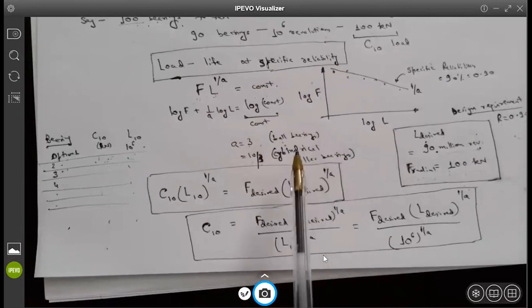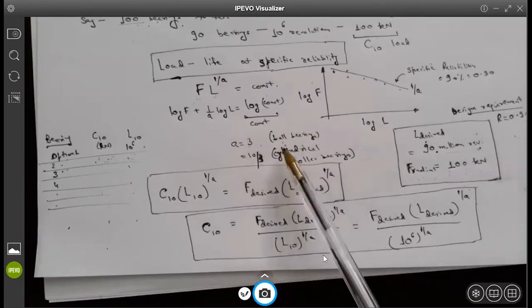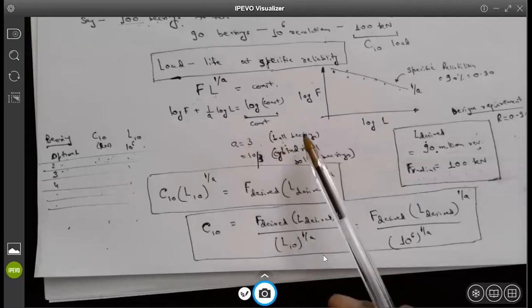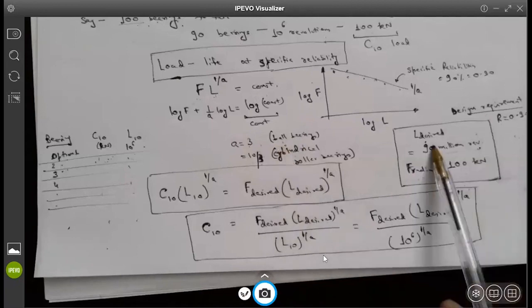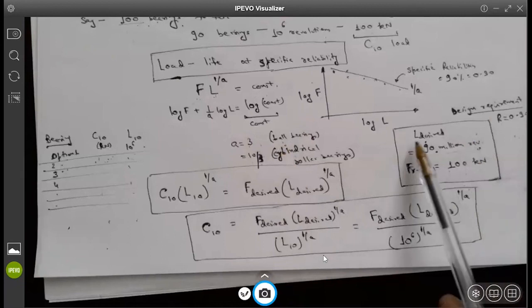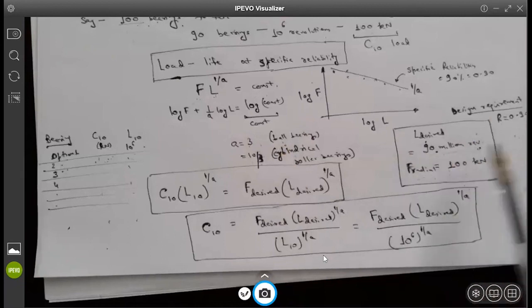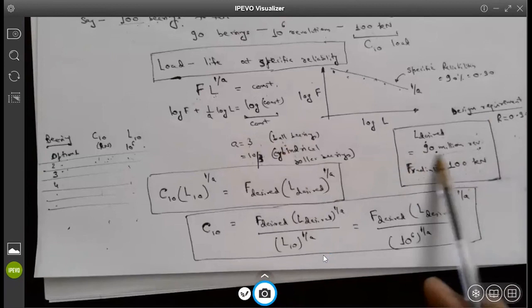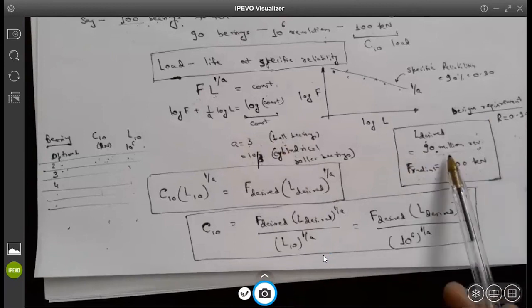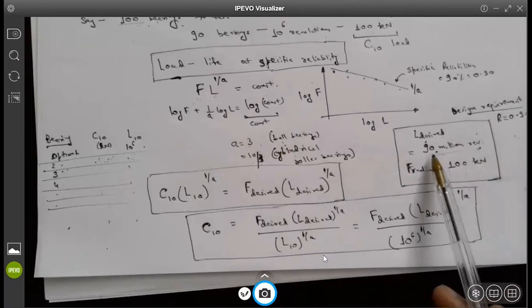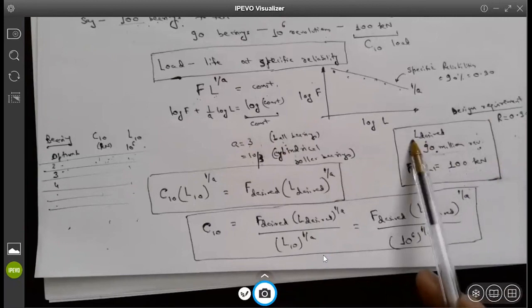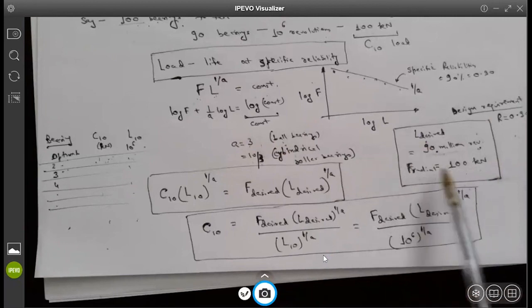Then what I did was say that when I have to pick a specific bearing for my given application, I will have my requirements. My requirement is that I want my bearing to last 90 million revolutions. It can be 90 million, 100 million, or 120 million revolutions. No matter what the number is, it will keep changing depending on the application you are picking your bearings for. So for one specific bearing, I have these numbers: a desired life for my bearing should be this much, and the radial load for that life should be this much. That is my requirement. Is everybody with me so far?